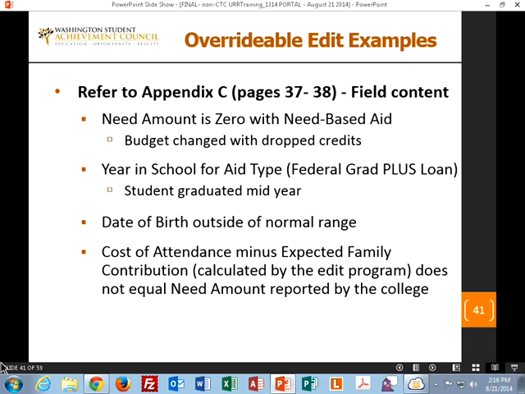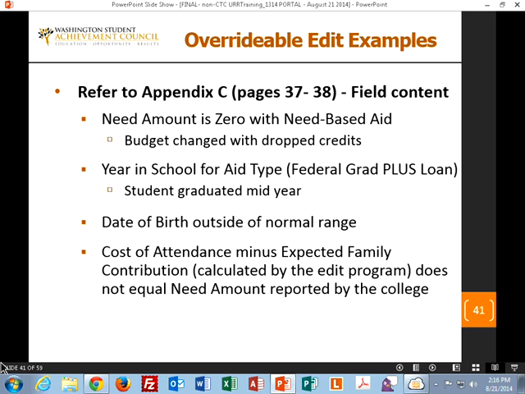That could happen if the student started out with a full load and they actually had some need, but they dropped to half time somewhere in the middle. Their need has gone down. You may have given them some aid to begin with, but they drop below the threshold later on. There may be other reasons for that.